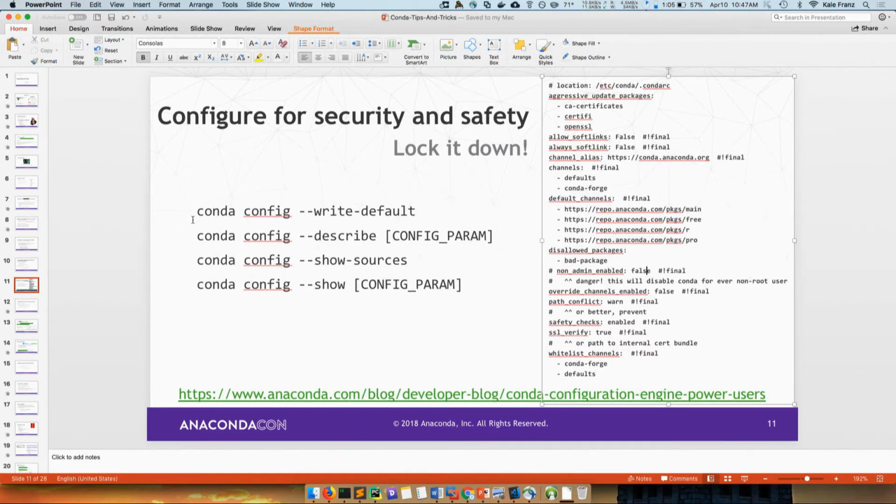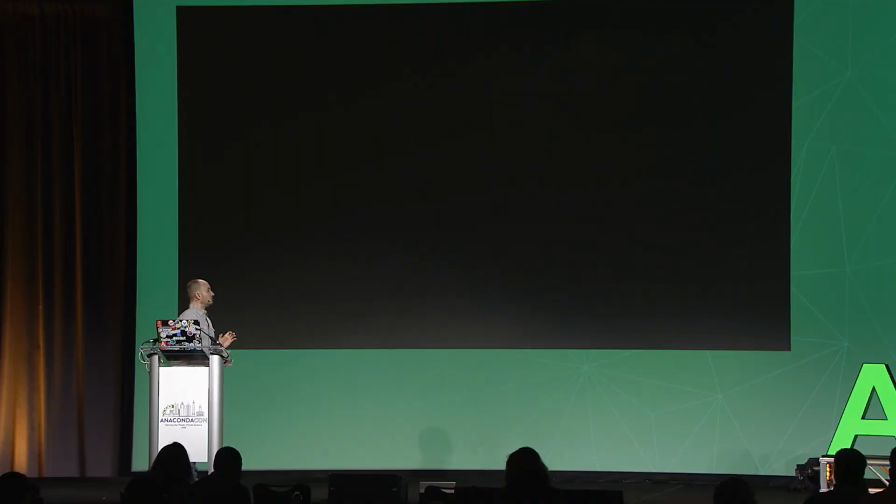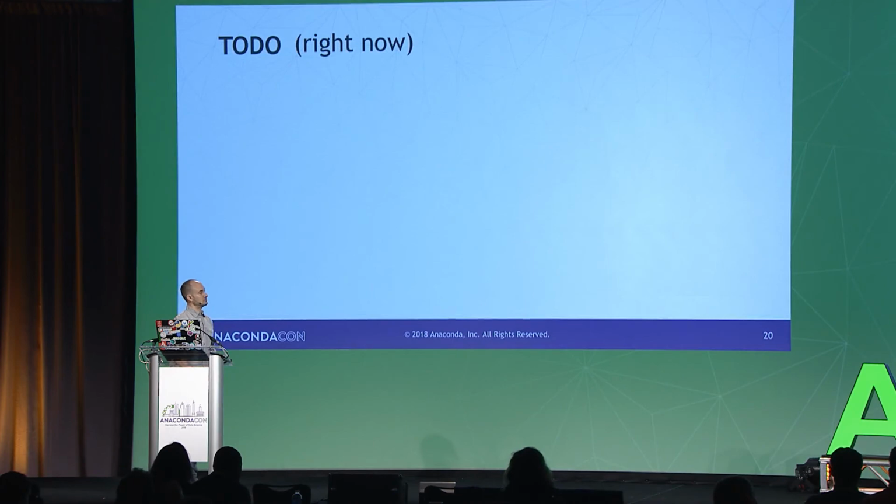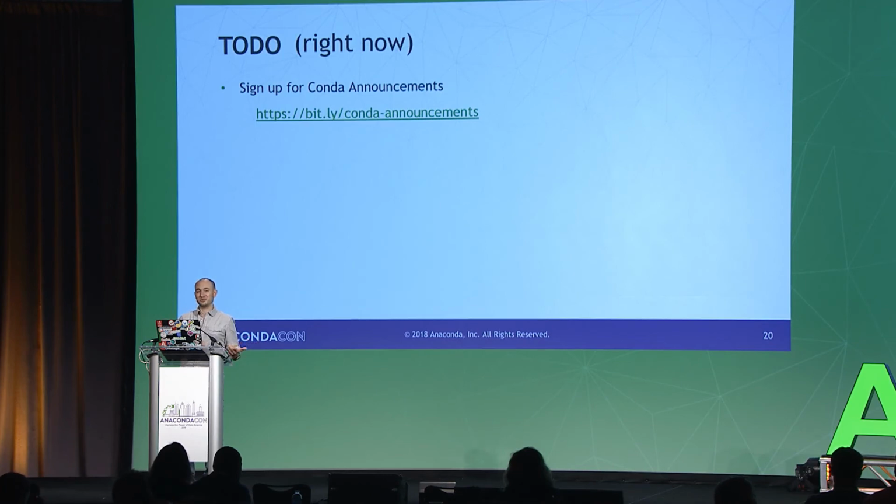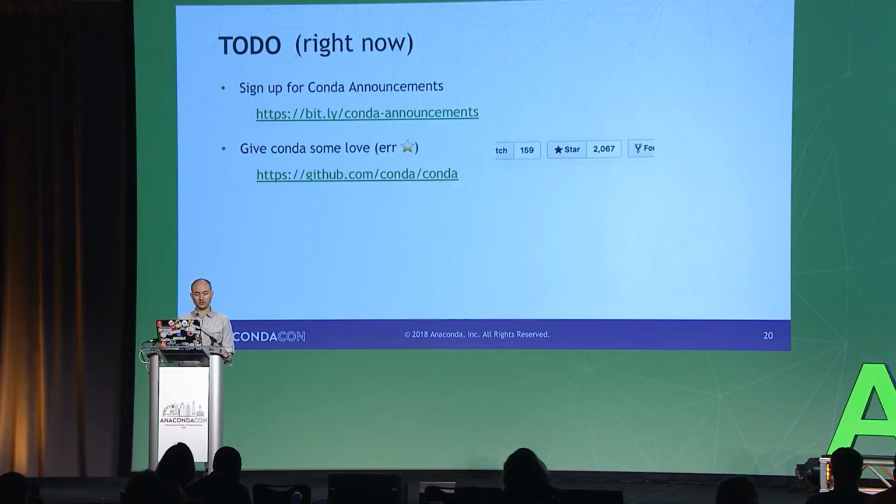I want to save some time for questions. I'll be showing more stuff tomorrow. A couple things I want you to do while we're talking through questions. Actually, I can show the full screen now. That's really slow. We have an announcement list. It's really low volume. I think we sent 3 or 4 emails last year, but we do announce major releases through it, and a blog post or the equivalent for the write-up about what all the new features are. Sign up for that. It'll be helpful for you.